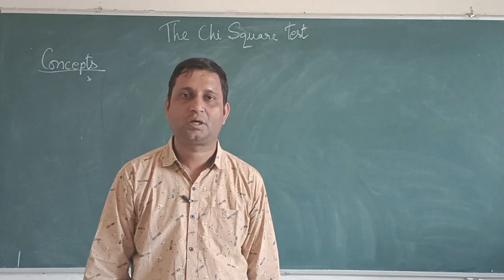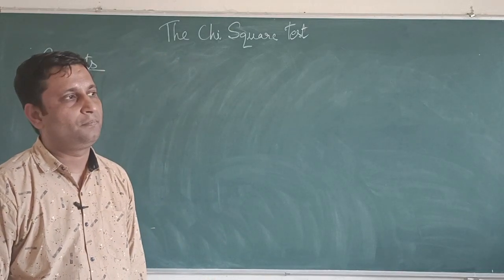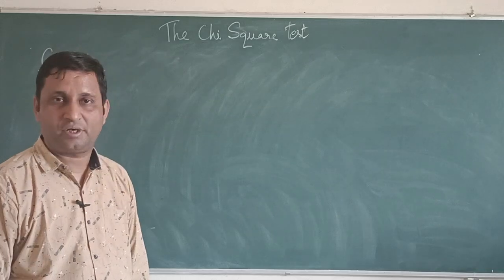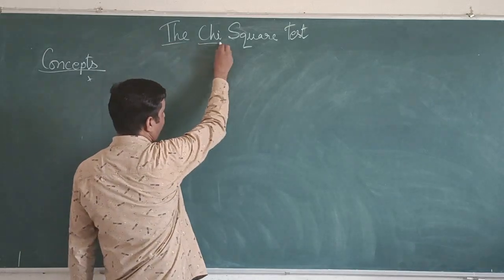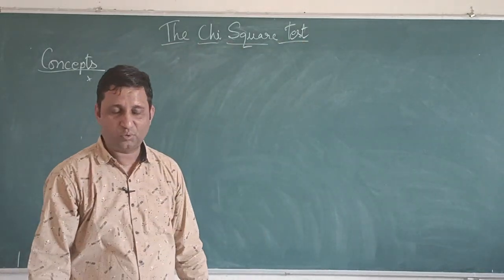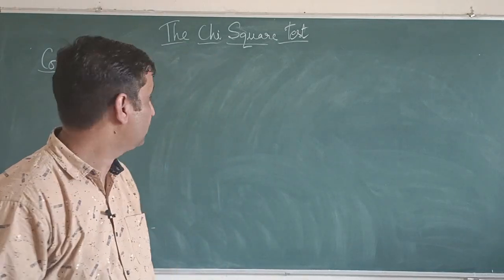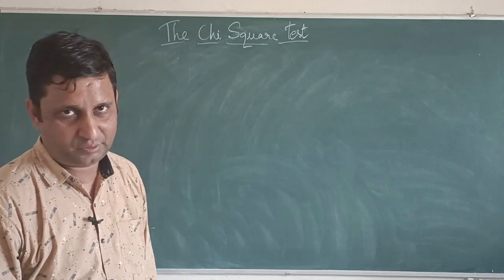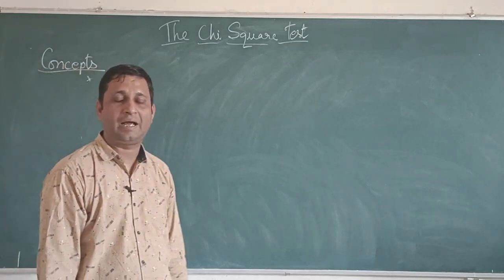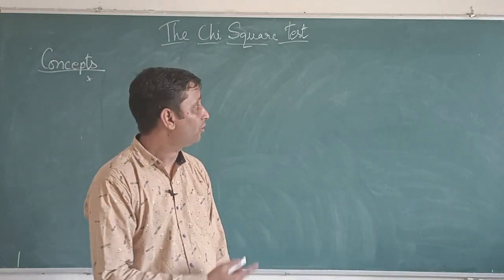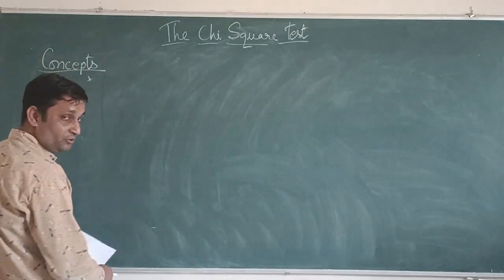We will continue our coursework classes, which we are already studying, our lesson on quantitative study, paper number 4. Today we will continue our classes on the chi-square test method. How we can conduct this test, what are the procedures, what are the importance, what are the concepts, and what are the objectives. First of all, we will start with the concept, what kinds of concepts we will use for this chi-square test.